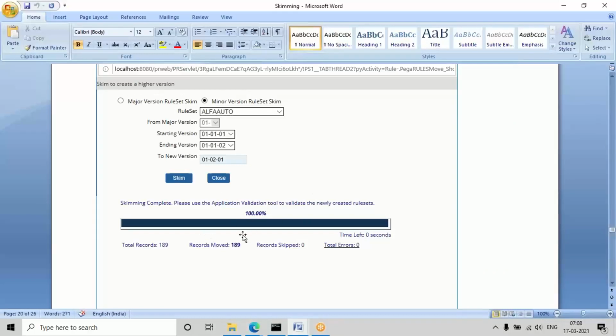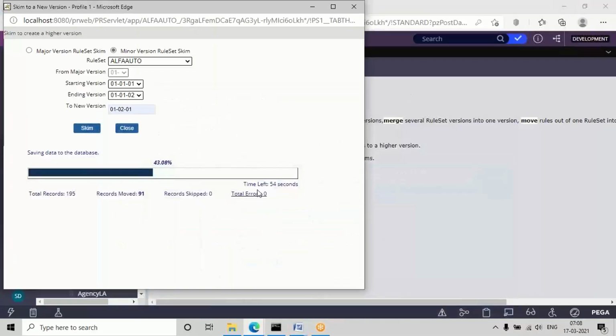But I don't know in the present version, in the personal edition. Actually, it will show after the process is completed. It will show the time and how many records have been processed and all. But I don't know why in the present version it is not showing. So don't worry, if it is completing, it is okay, no issue. In some versions, in some systems, if it is not showing, don't worry, ignore that. In the back end it will be generated. Okay, in my system it is showing now.